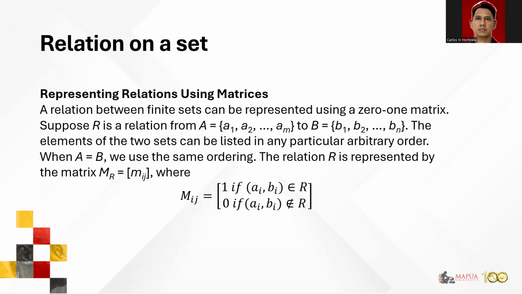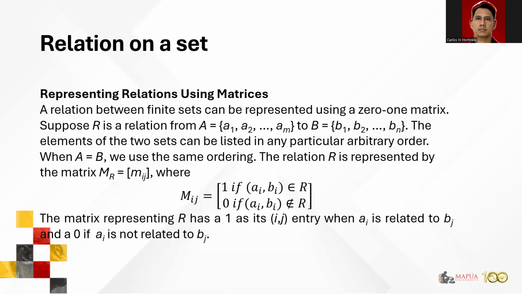And 0 if the ordered pair AI-BJ is not seen in your relation set. Note that when you place zeros and ones in your given relation matrix, it follows that A pertains to your row and B pertains to your column. Okay, so